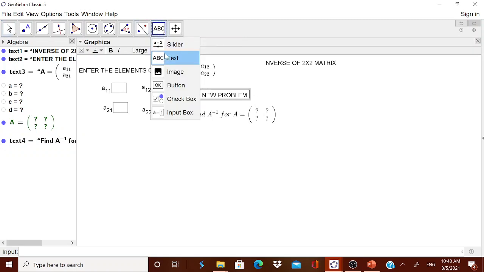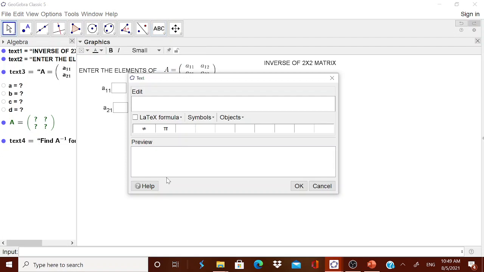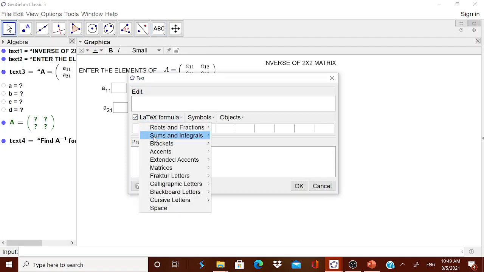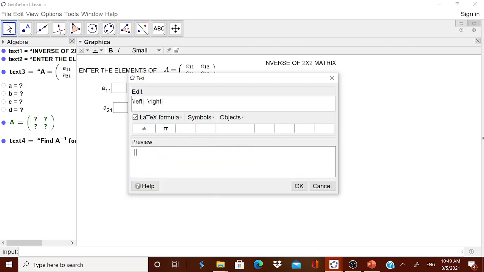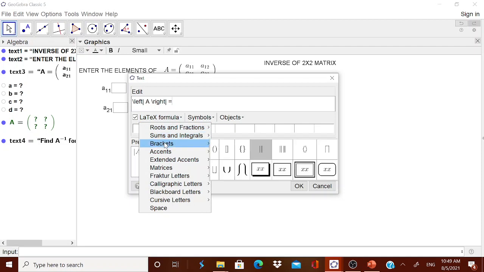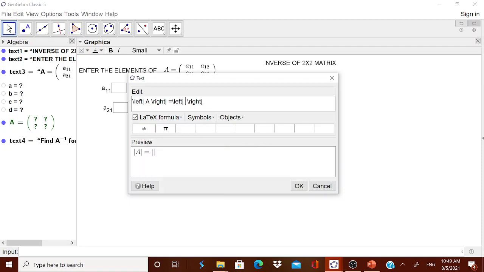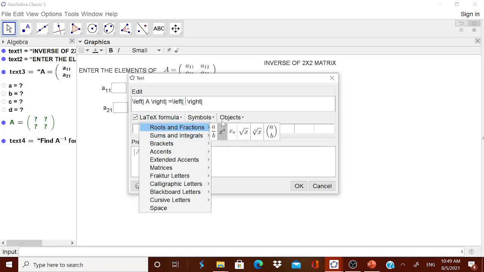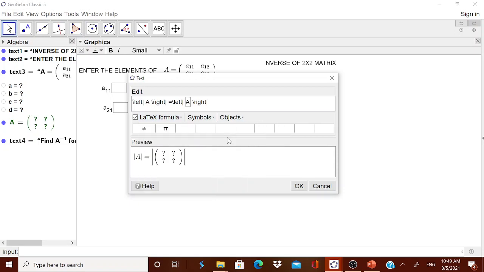Now I think the last problem already we have done. Therefore once again, very quickly, we will go for that latex formula. We will first find the determinant value. Now in the bracket, go for the determinant. Determinant A is equal to, okay, then in the latex formula you can go for this bracket, and inside you can take from the object capital A.